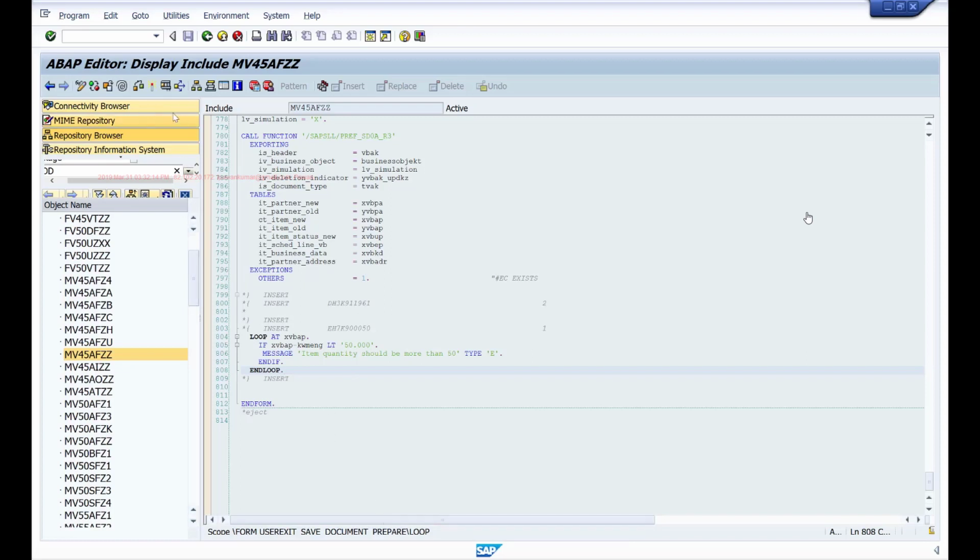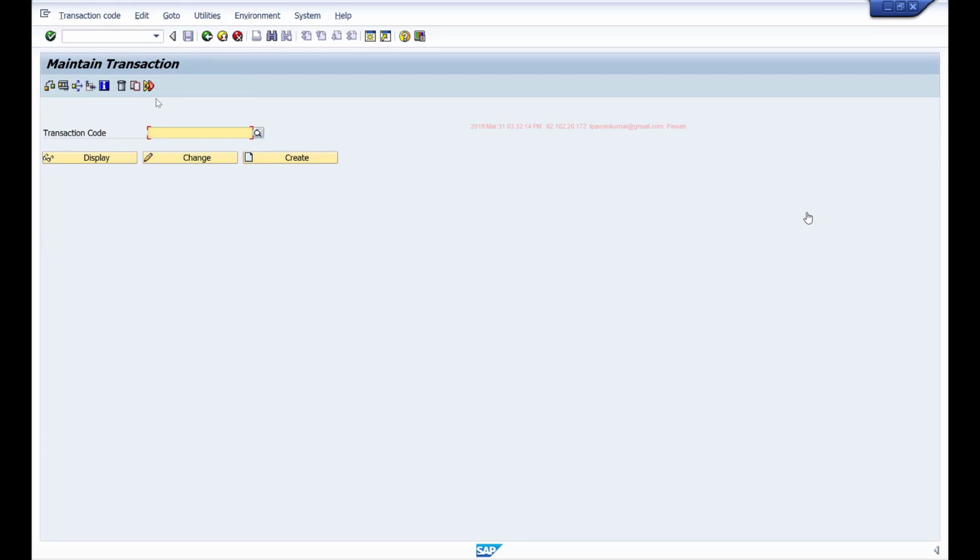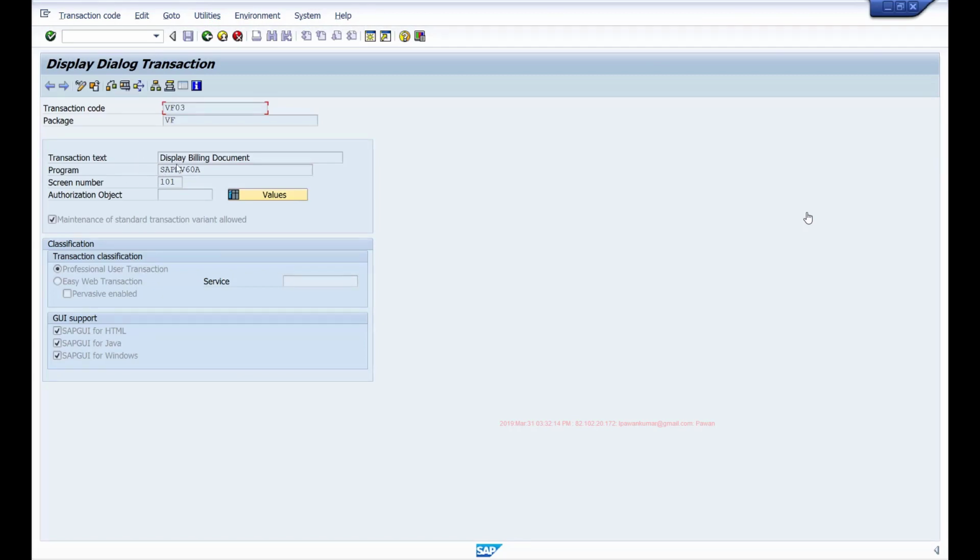So to find these customer exits, let's say I want to find an exit that is available for this VF03 transaction, the billing document transaction. Then you have to first find the package. If you go to SE93 and give that transaction, this transaction belongs to this VF package.